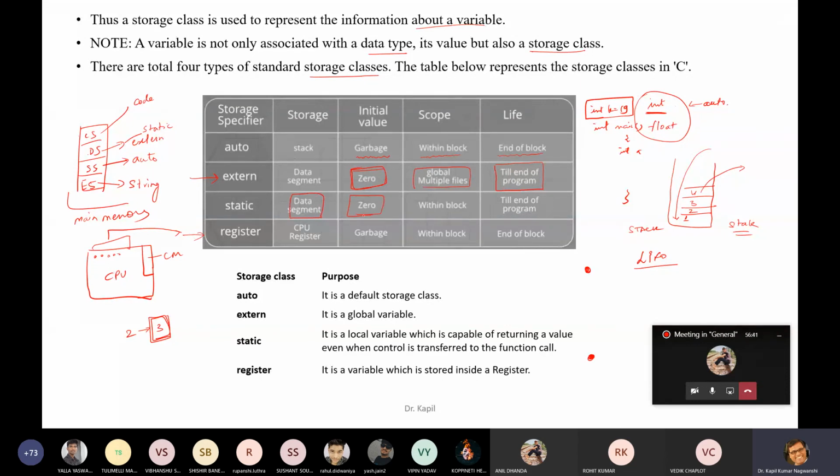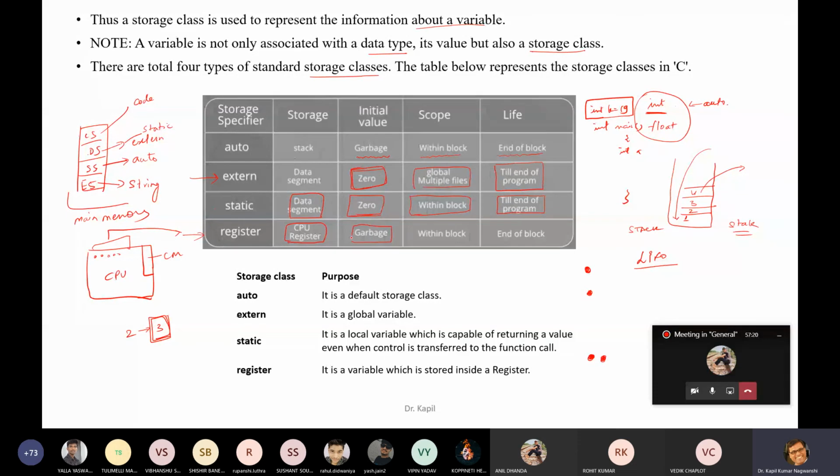Initially it holds 0, and its scope is within the block, like an auto variable. The only difference is that it is static. It can never be changed. Never be changed does not mean it is constant. It means once it is changed, again you can change it, but it will start from 3. I will show you. And the scope and visibility: it starts inside a block but the visibility is up to the end of the program.